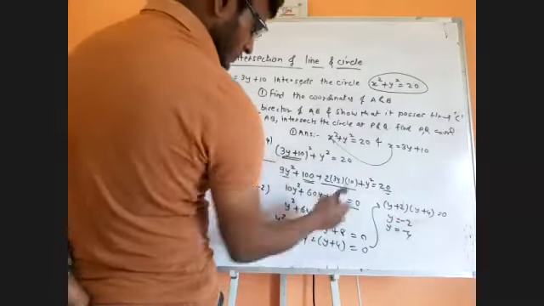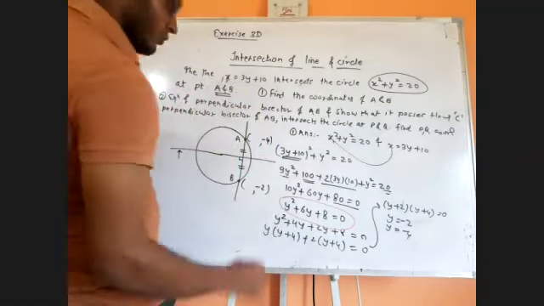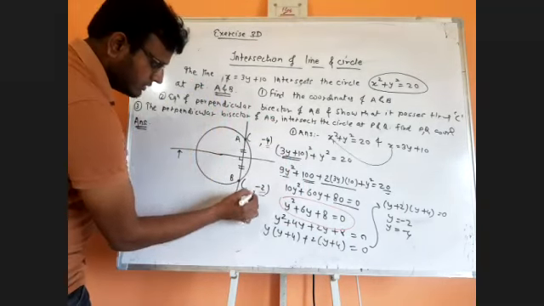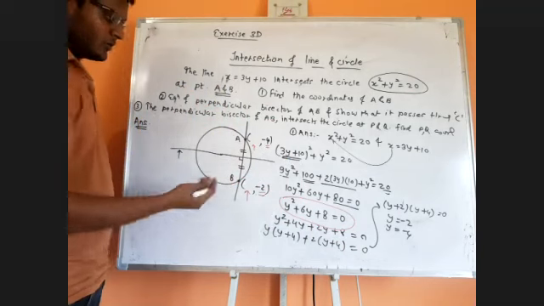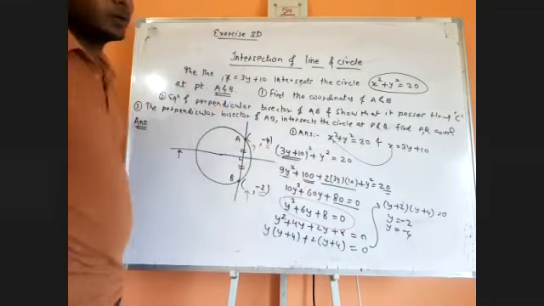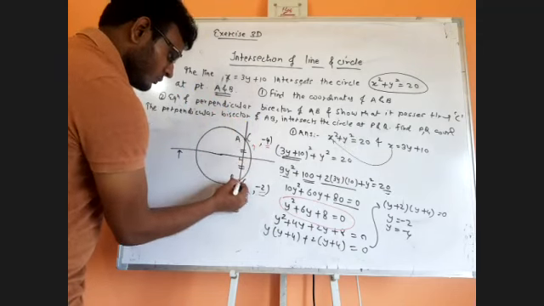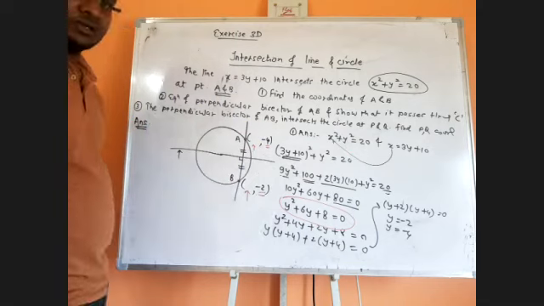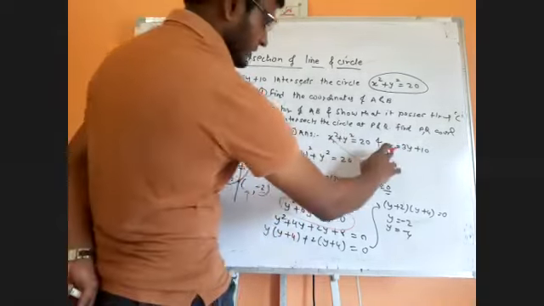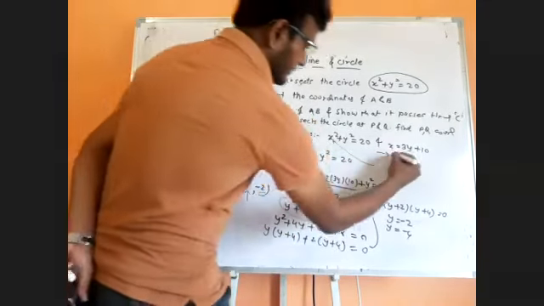We got two roots, y equal to minus 2 and y equal to minus 4. So we just found those. And now we are in the process of finding their x coordinates. In order to find the x coordinate, you simply substitute it in either this or this. Anything will work, because this point is on the line and also on the circle. I'll probably substitute in the line because the line is a linear equation. So if I substitute x